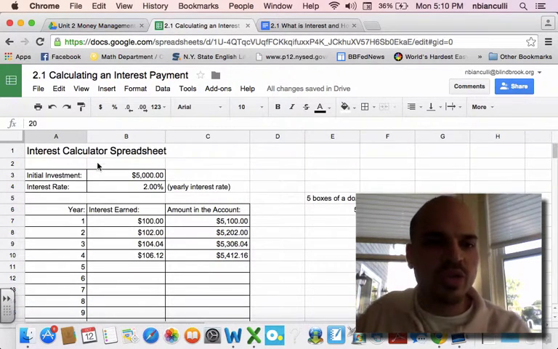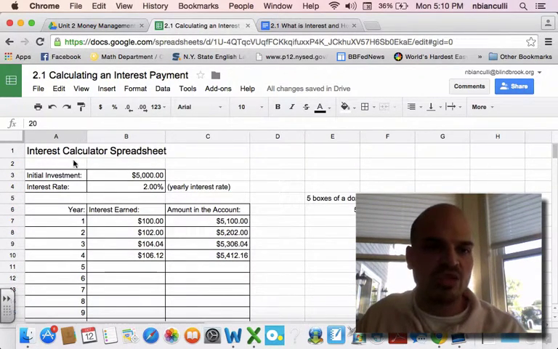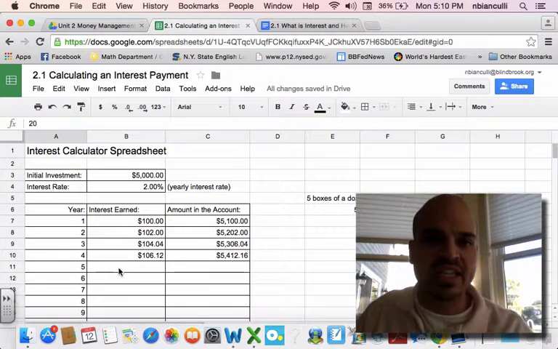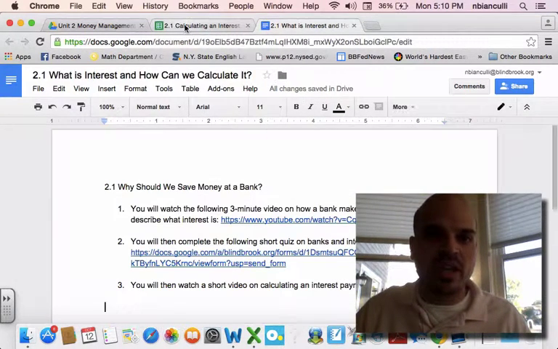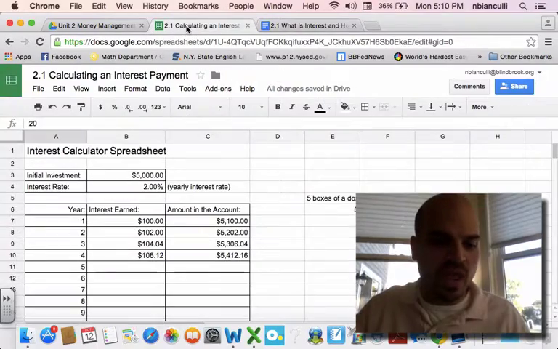So what you're going to do is open up the interest calculator spreadsheet file that is in your name, and do the set of tasks that I described to you on the 2.1 document, which is here. Okay, happy